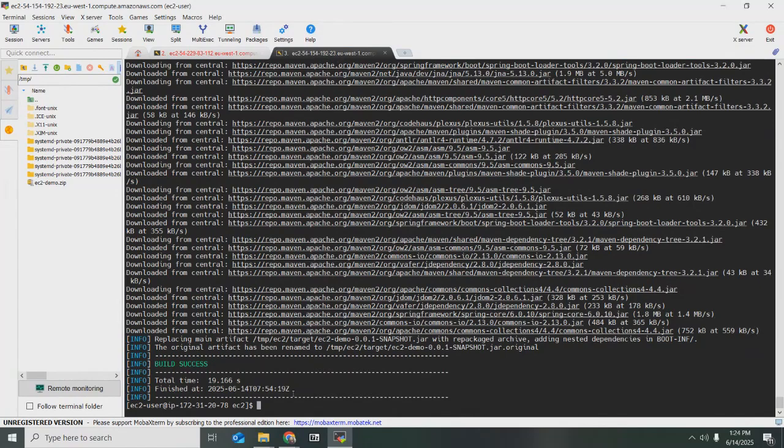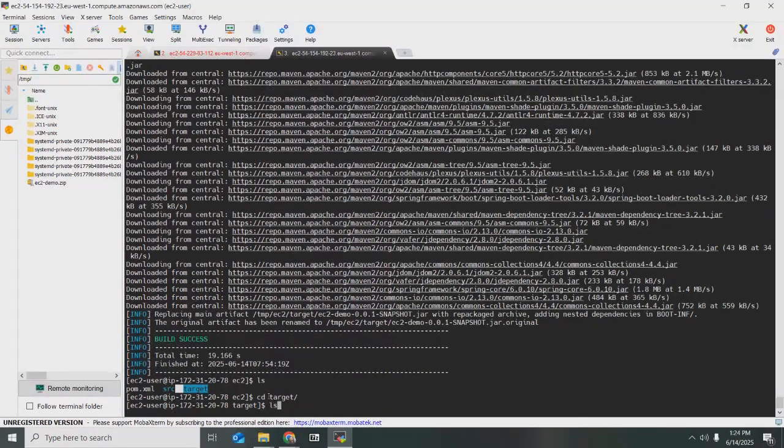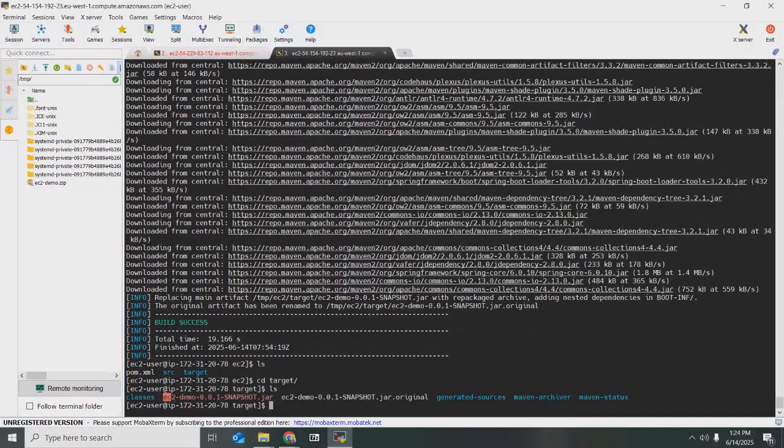Now let's list down this folder. As you can see, it has created a target folder over here. So go to the target and list again. This is our simple jar package. So now we will deploy this jar over here only using java -jar